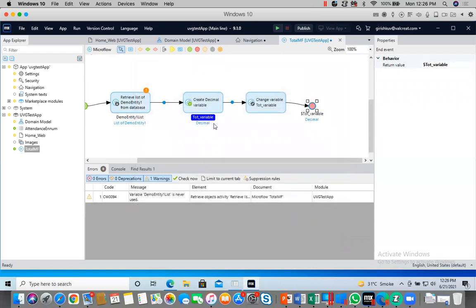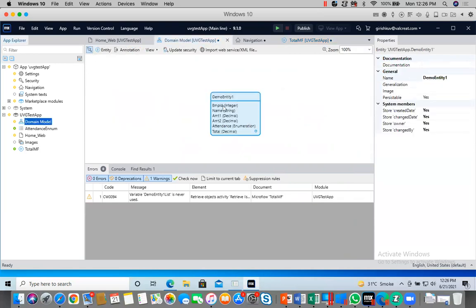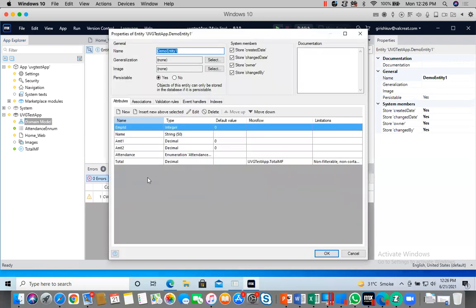See, now all errors have gone. Here also the error has gone. Now for every record, when I'm entering only amount 1 and amount 2, the total comes automatically. Like that, any number of amount fields you have, you can have one horizontal total.